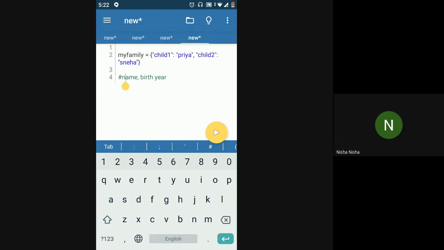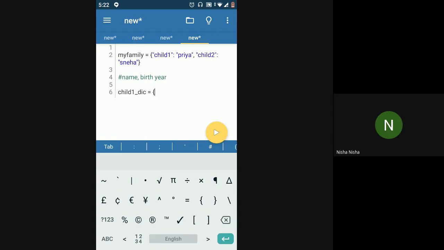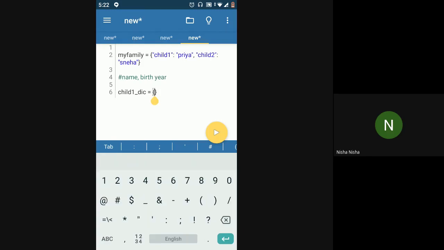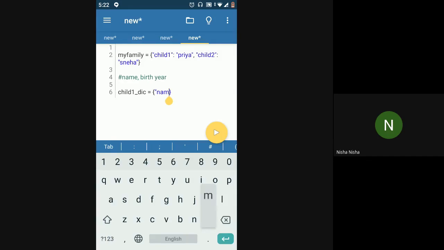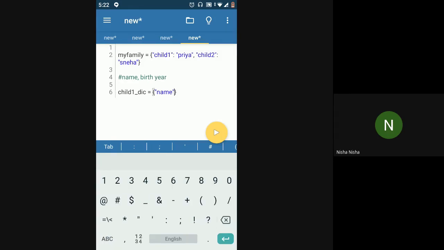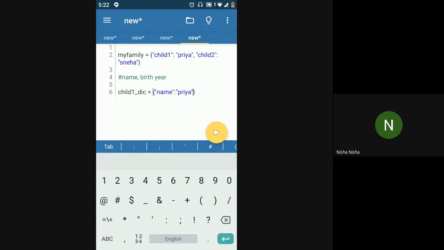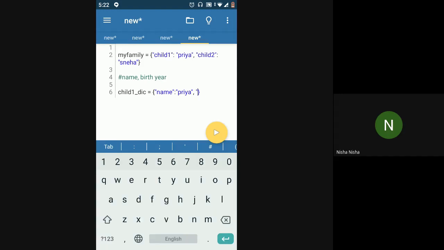So basically I can do this as well. I can say child1_dic is equal to, so I want two values in it. I want the name and I want the birth year. Right now I just have a name, but I want a name as well as birth year. So I'll say name to be Priya, and comma, I'll say year of birth.